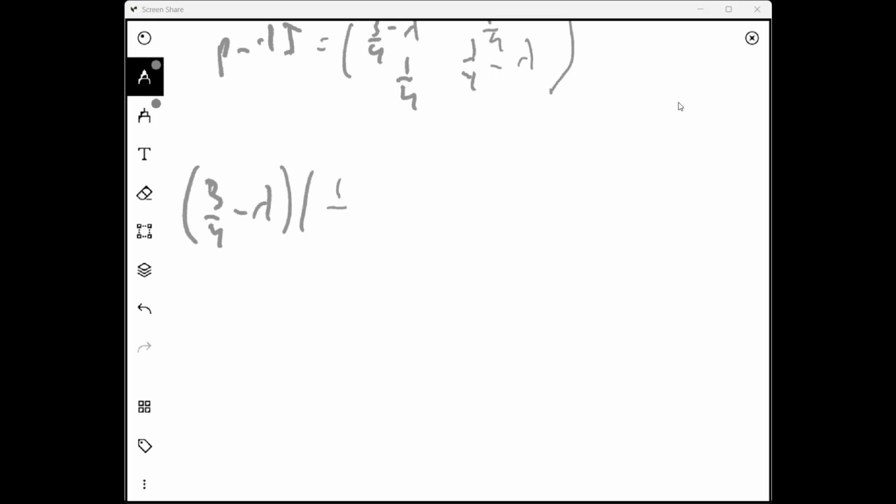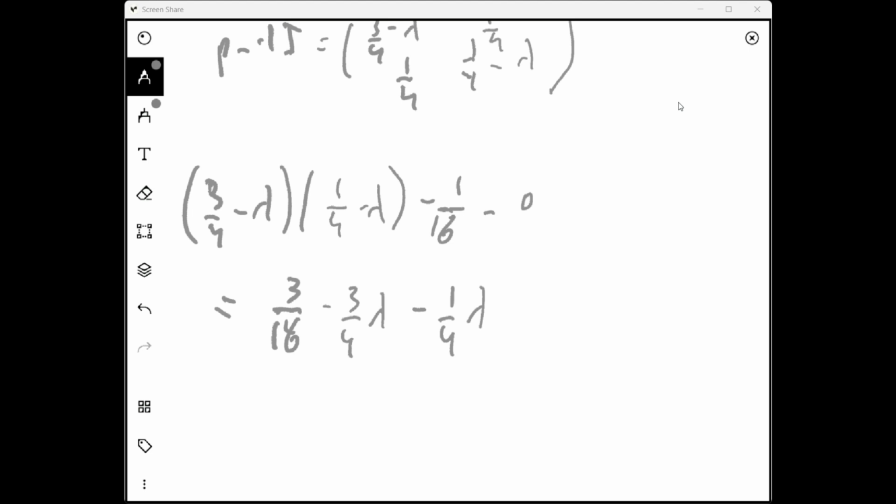So that's AD minus BC, 1 over 4 multiplied by 1 over 4 is 1 over 16, equals 0. It is equal to 3 over 16 minus 3 over 4 lambda minus 1 over 4 lambda